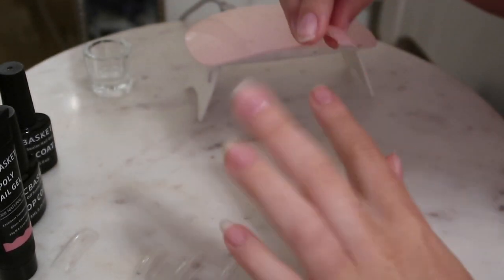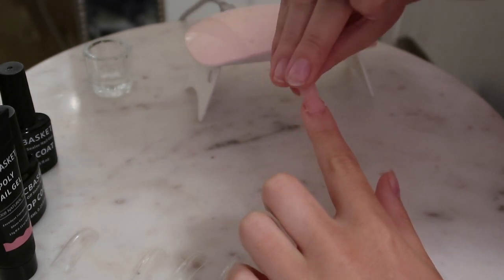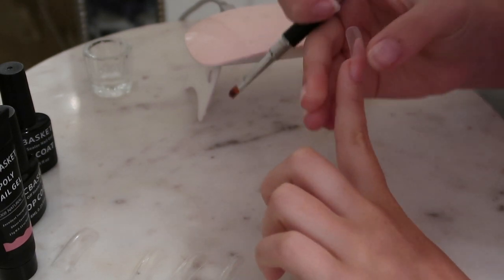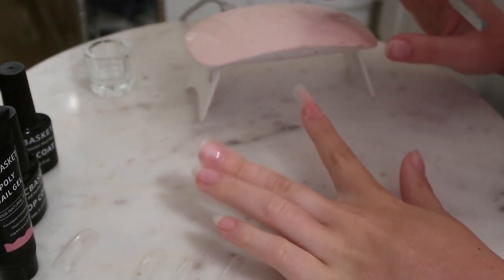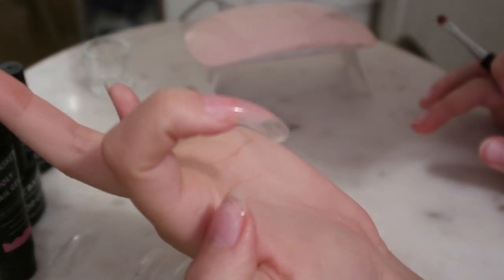Okay, let's give that a go now. Perfect. That is so long. I literally did not know it was gonna be that long. That's okay, we can shape it. Okay, so that's perfect. Nothing squeezed out from, like,